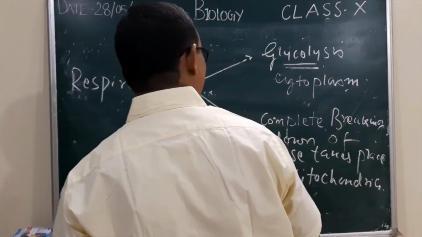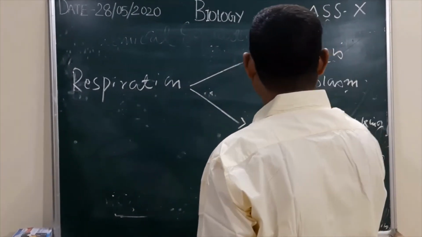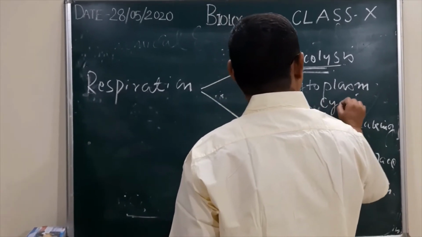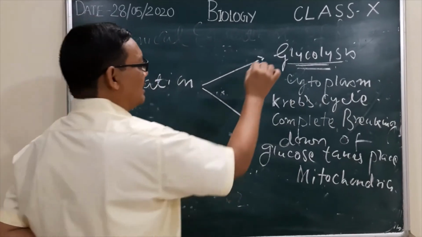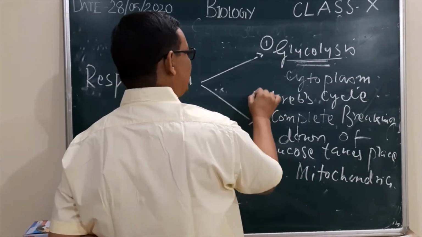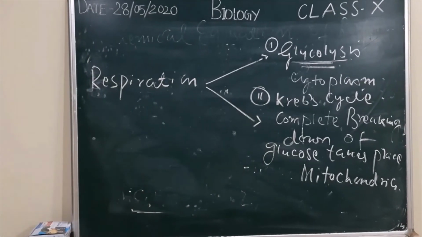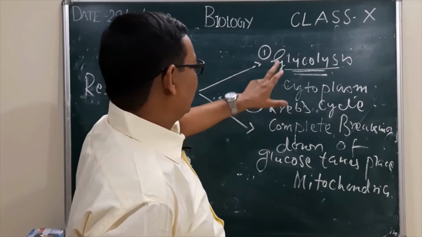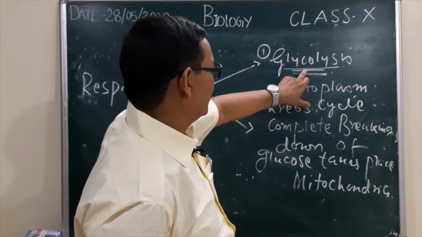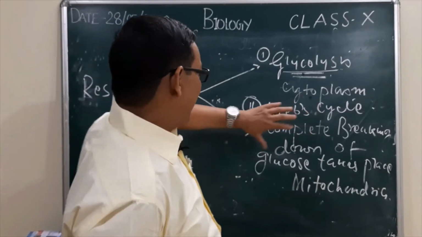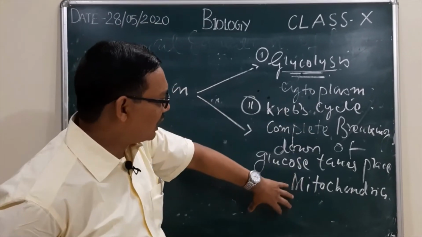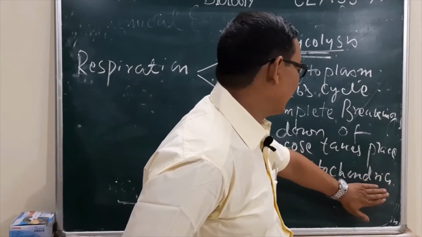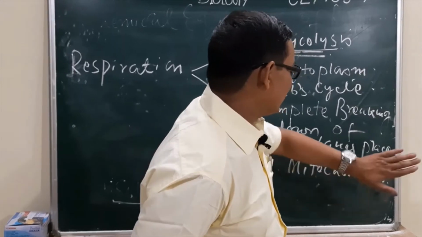And the name of the step is glycolysis, and this is known as the Krebs cycle. This is the first step, that is glycolysis, and this is the second step, that is the Krebs cycle. You have seen here the first step occurs within the cytoplasm, and the second step will occur within a specialized cell organelle, that is the mitochondria, that